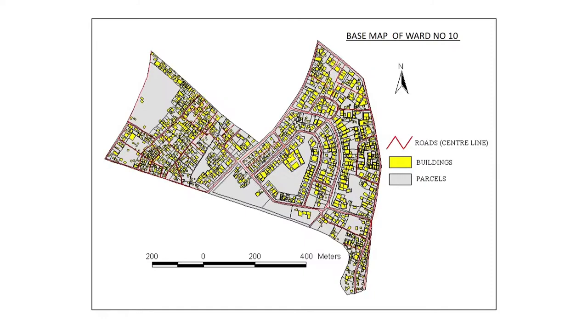Okay. So this is for one ward of Dehradun city. We have generated a map which shows you, what you see in yellow are the buildings, these are the parcel boundaries, and what you see in red is the road network. Okay, so this is a map which we can generate very fast, and we can generate this map for different time periods also, and use it for monitoring of urban growth and for various urban administration purposes also. Okay,